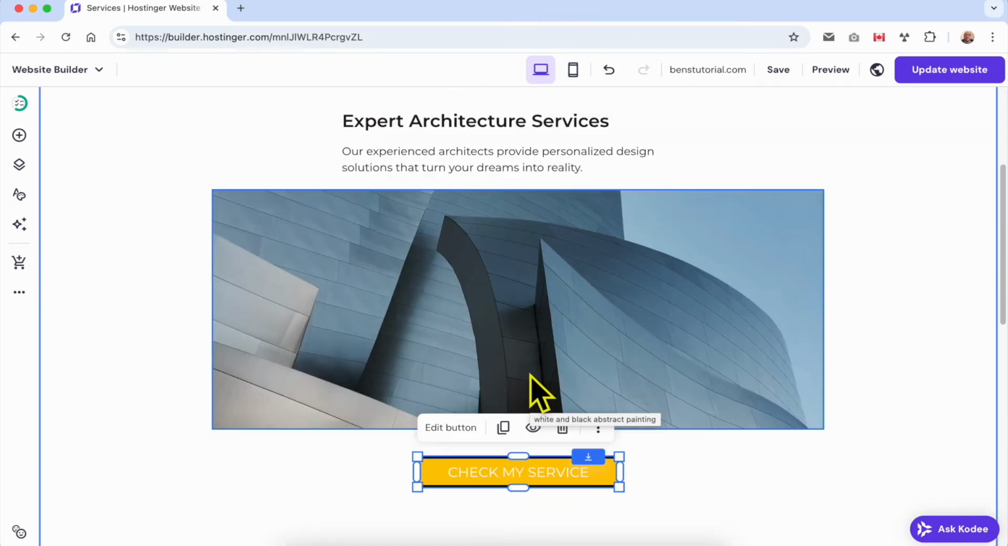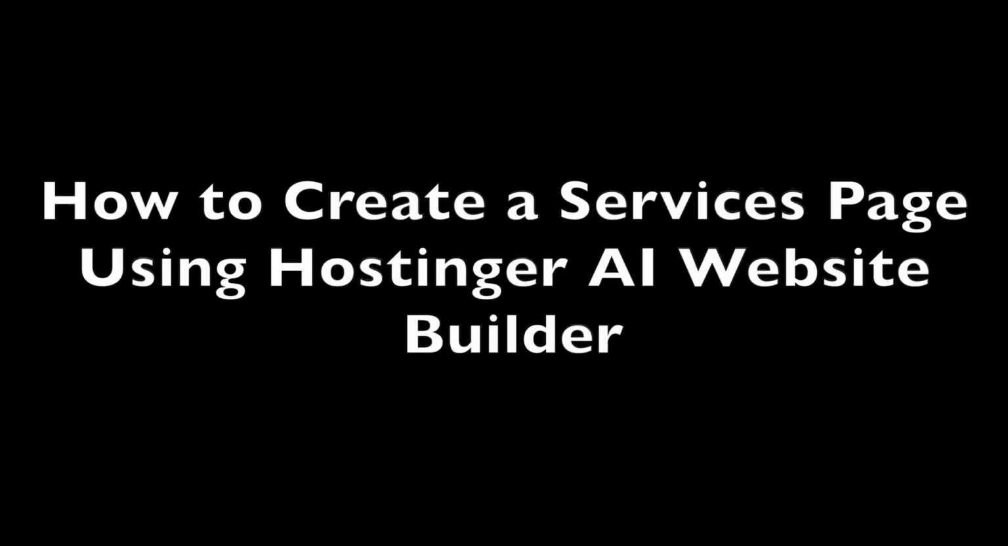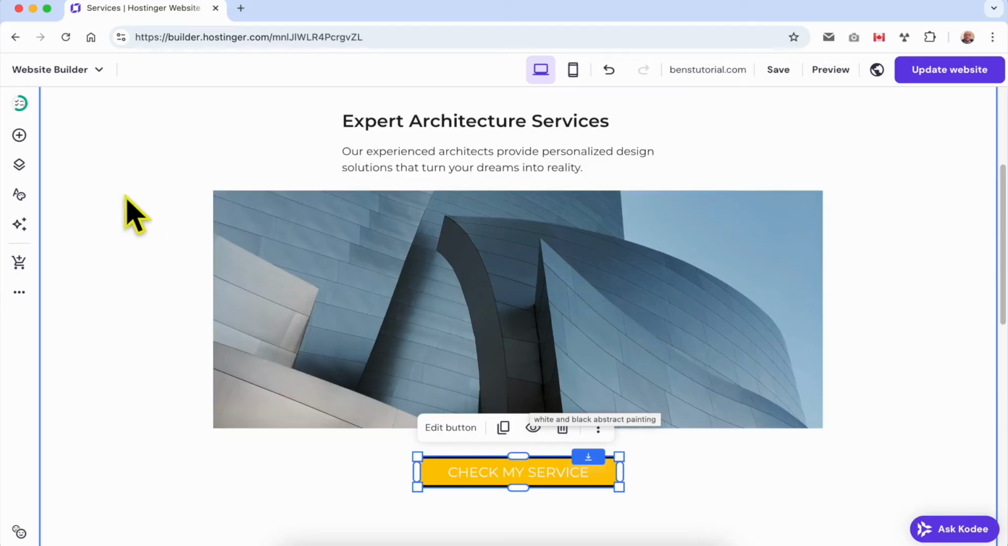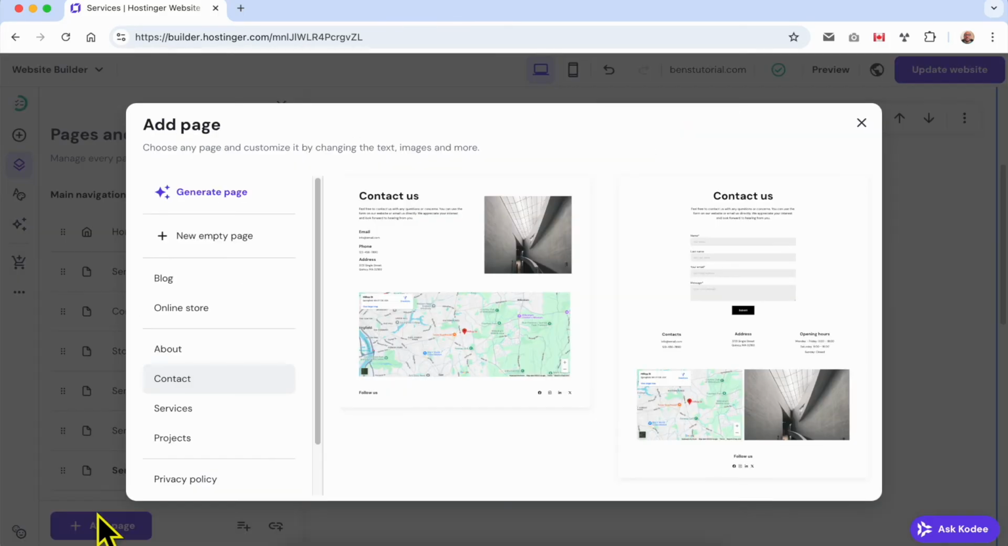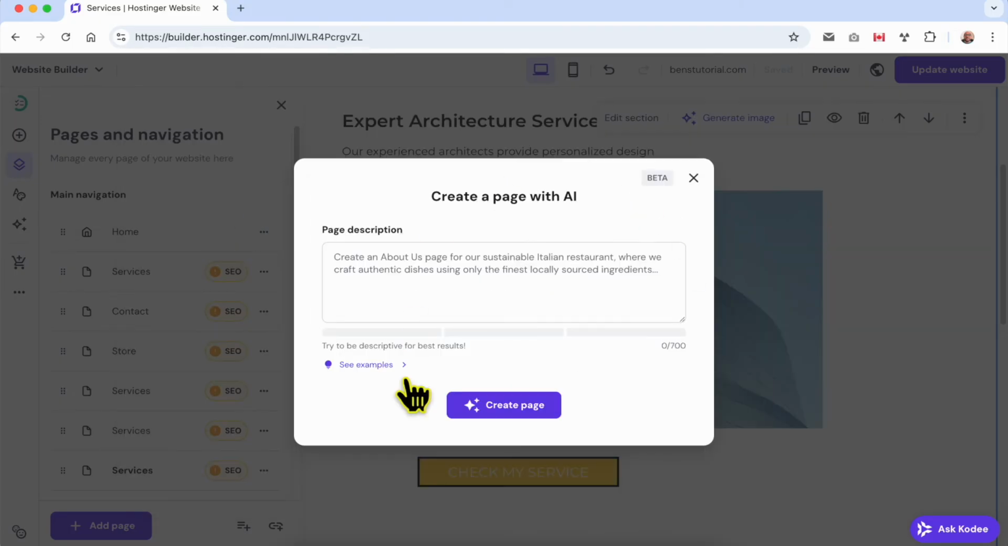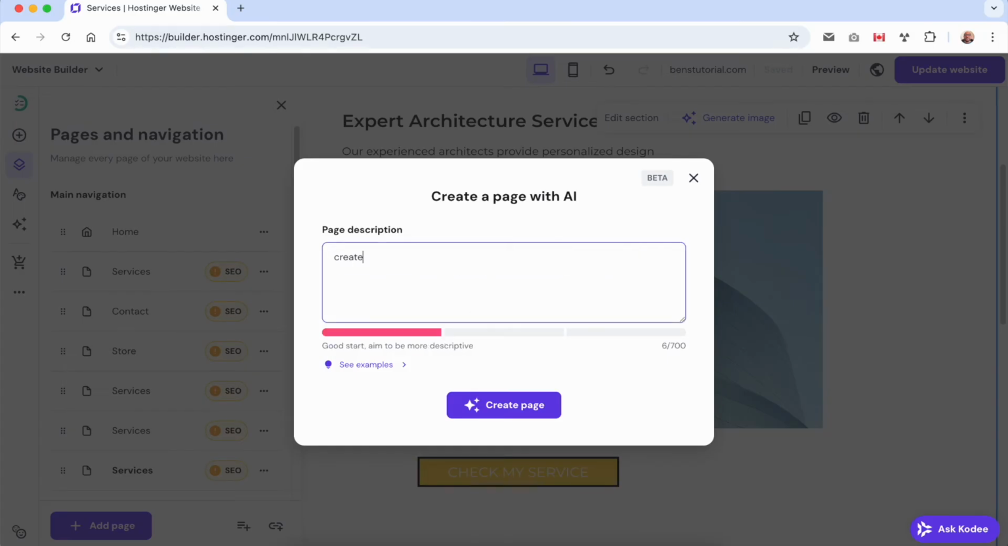Now let's see how to create a services page using AI in Hostinger website builder. It's also simple. Just click on pages and navigation, add page. Now, instead of services, click on this generate page button. This window pops up. Now, describe your page. For example, create a services page that showcases my